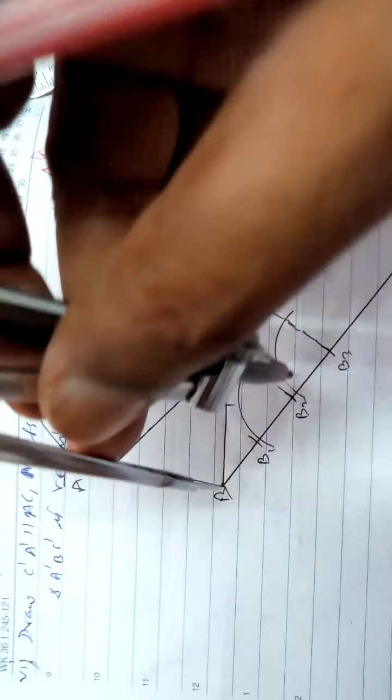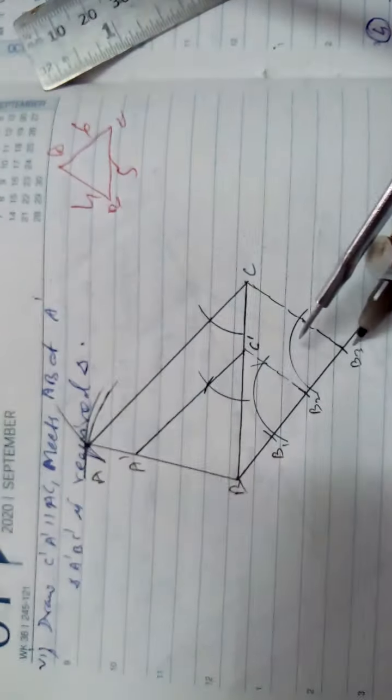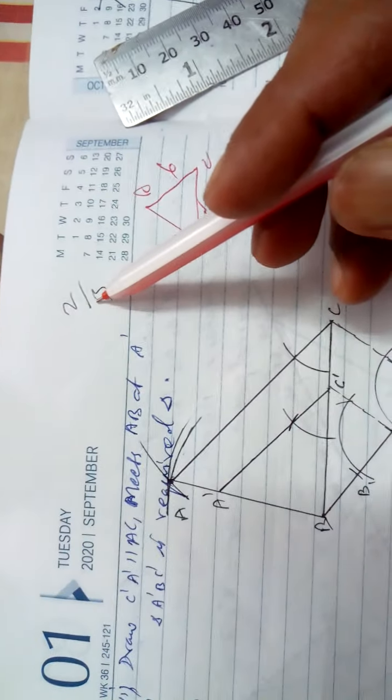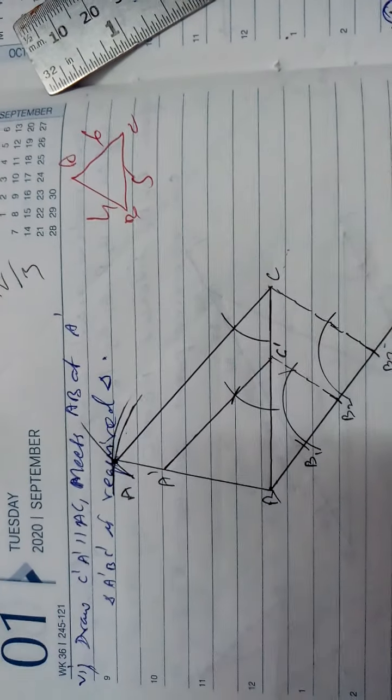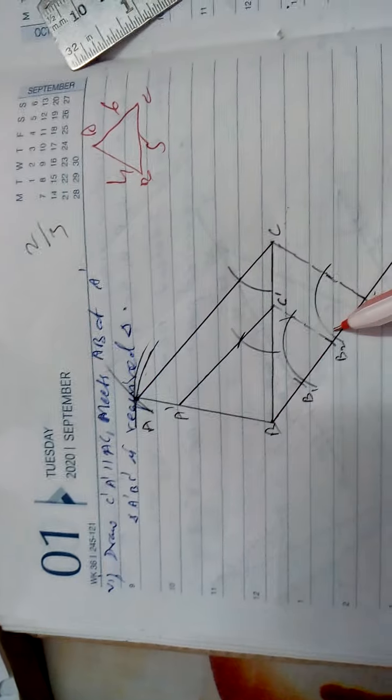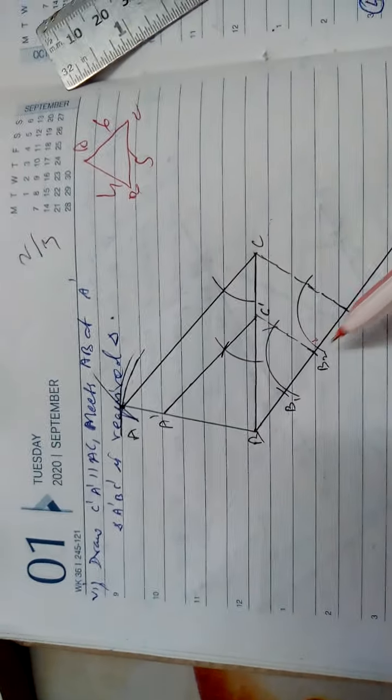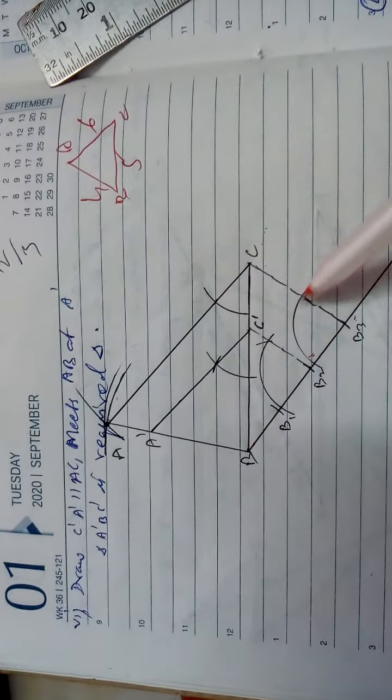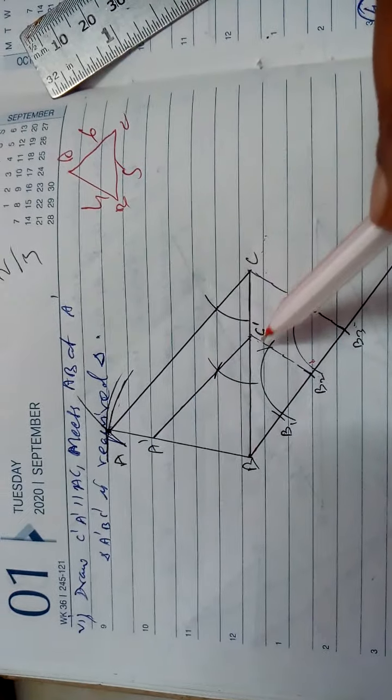Then mark 3 equal arcs and join last. Why? Because the denominator is given, 2 by 3. 2 by 3 means 3 is the denominator, which is greater, and it is the number of arcs. And from the denominator number you join the last point, B3C. Numerator is left inside. In the previous one, the numerator was left outside. So from here parallel lines, 1 angle, then 1 angle, cut arc, and join this, you will get a triangle A dash B C dash, your required triangle.